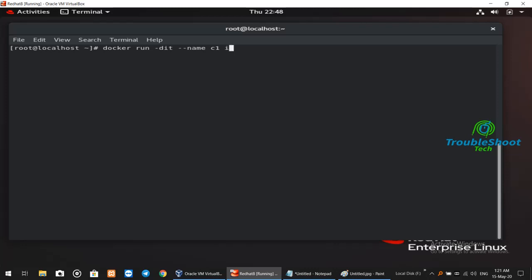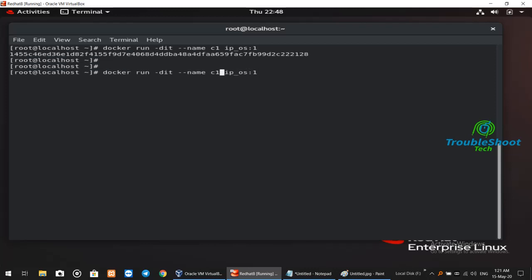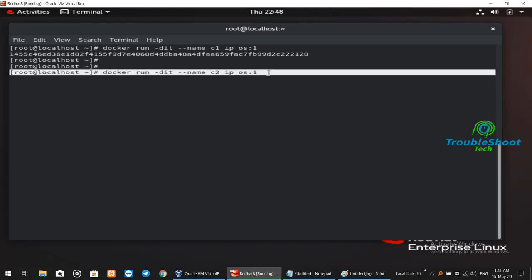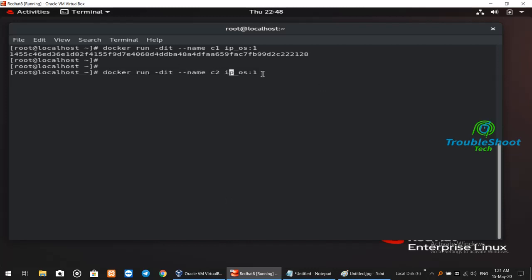And I'll be using the IPOS version 1, right? Done. So let me launch another container as C2. But I haven't defined the network, because by default this will launch inside my bridge network and not inside my own network, right? So for this, what we have to do, so let me